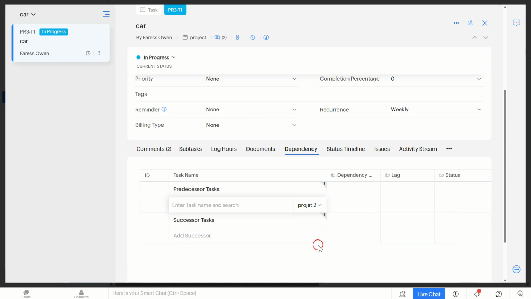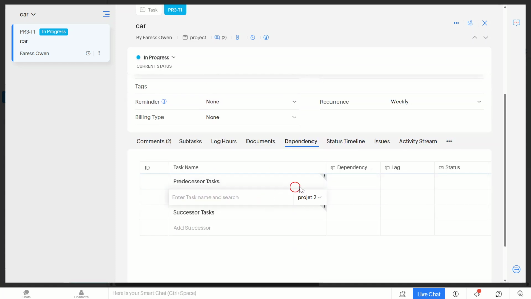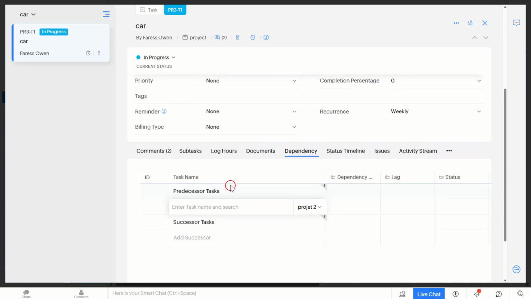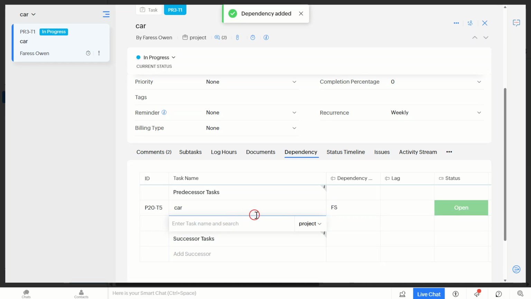Zoho Project offers 4 types: Finish to Start (FS), Start to Start (SS), Finish to Finish (FF), and Start to Finish (SF). Each type helps you control the start or finish date of your tasks based on the completion of other tasks. Choose the one that fits your need. After setting the dependency type, save your changes. This helps us because it locks in the dependency and ensures that your project will follow the correct sequence of